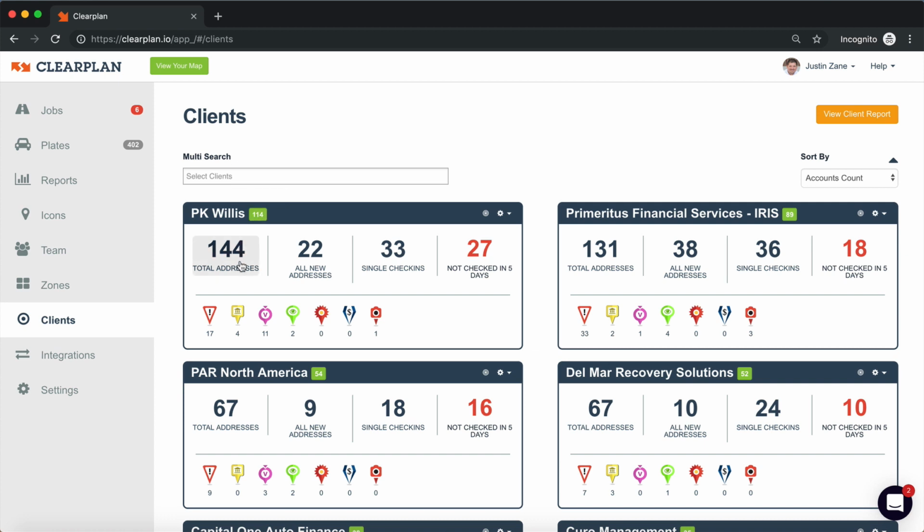114 total accounts with 144 total addresses. Let's just say this said 114 total accounts with 550 addresses. We would know that we are averaging 5 addresses per assignment for that client. Way too many. This is a great example of being able to monitor even the work that our clients are